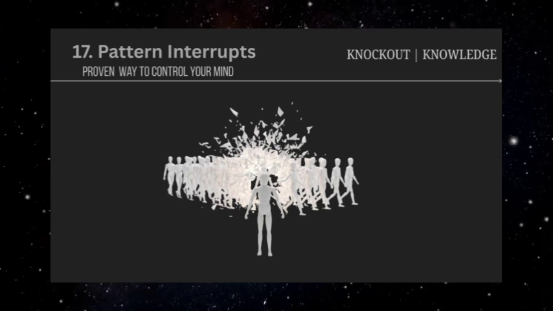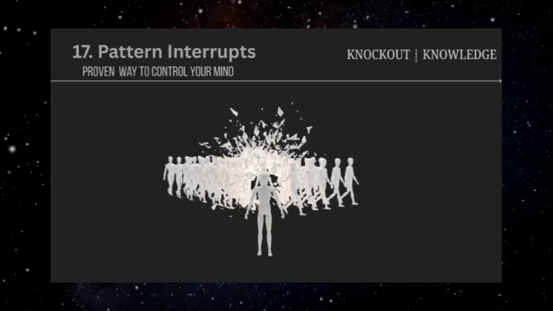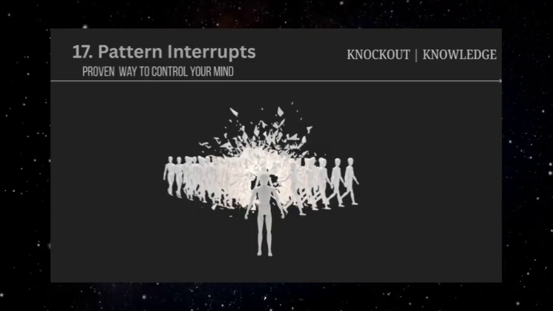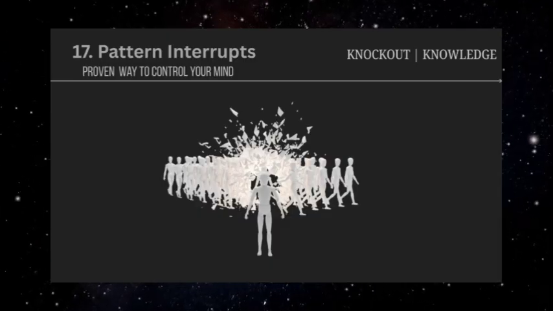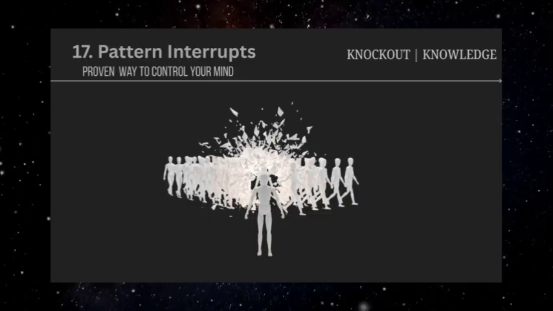The antidote to pattern interrupts is developing the habit of pausing to reconnect with your original thought or intention when you notice you've been interrupted or distracted. Instead of simply flowing with the new direction, take a moment to remember what you were thinking about before the interruption and decide whether you want to continue with that train of thought.